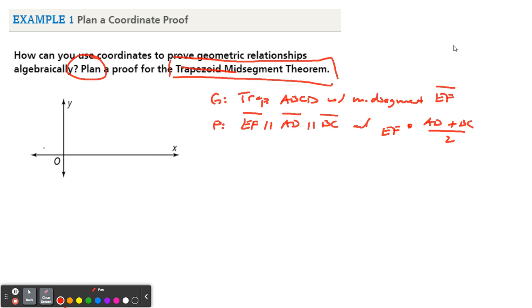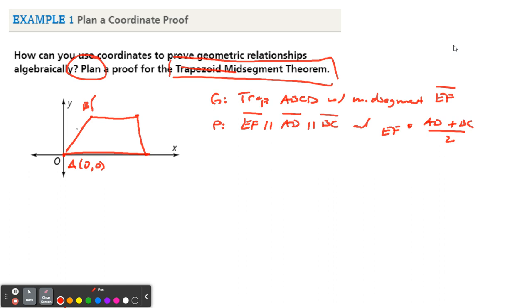All right, so let's just draw a generic trapezoid like this. So if you can, use the origin as one of your points, right? And then we'll come up here, we'll go horizontal, and we'll come down here. Try not to make it look isosceles, right? Just try to make it look like a regular old trapezoid. And there's going to be our generic trapezoid we're going to use. So I'm going to let A be this point right here, and that's going to be the origin 0, 0. Now for B, I don't know anything about its coordinates, right? So I'm going to let B's coordinates